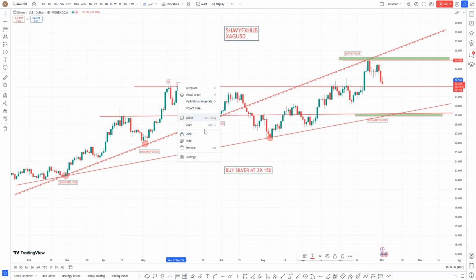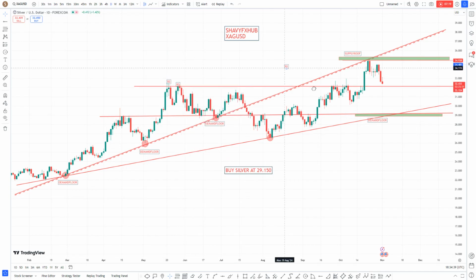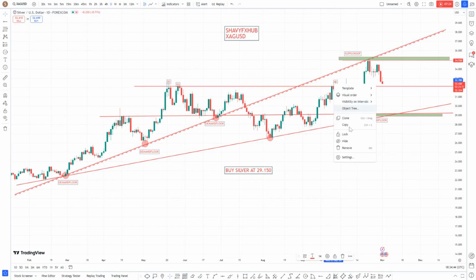Let's see how it plays out. So we have multiple resistance touches to this level. And finally, price broke out from the consolidation phase. And the next thing we begin to look at right now is where else can we find a